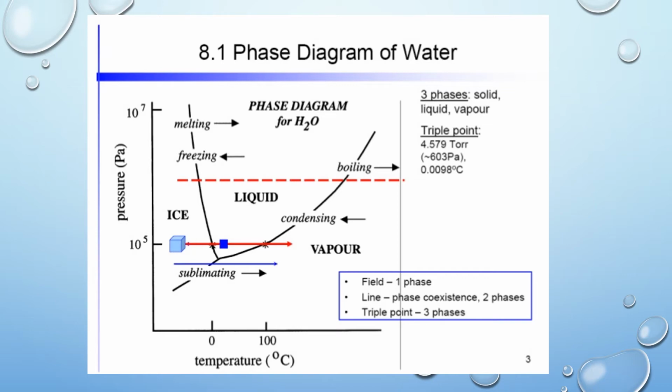The phase diagram consists of three curves, each indicating the equilibrium between two phases. These curves divide the diagram into three areas. The areas bounded by the curves represent the solid phase, liquid phase, and gas phase. The point where the three curves meet represents the three phases in equilibrium.